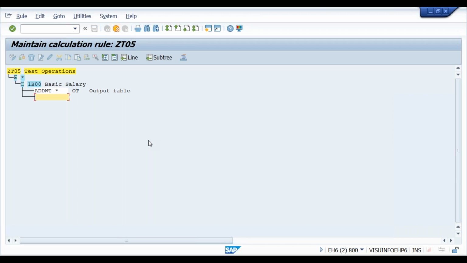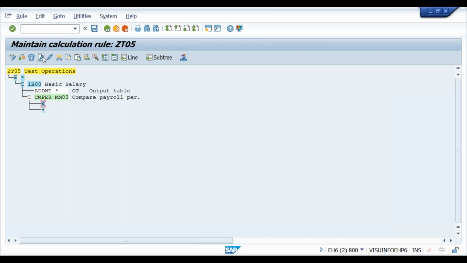What you can use is CMPR. Compare the current period number with, let's say, 03. Current period means the period you are running the payroll. In the selection screen, you give a payroll area and the period number, right? That period number is compared with 03. When it is less than, and star means greater than or equal to, right? Or you can write greater than or equal to separately, no issues.